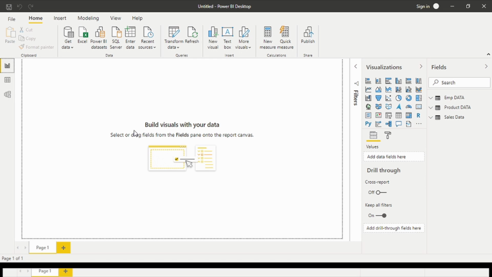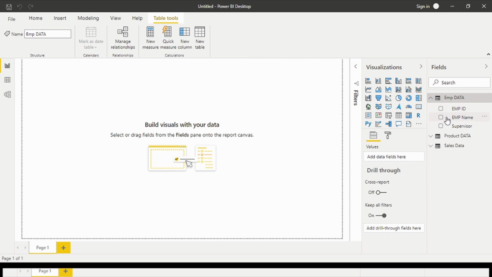First thing we have to check is the relationship. Power BI makes relationships automatically, but here it did not. You have to make a relation between them. Like see here, employee name, employee ID.